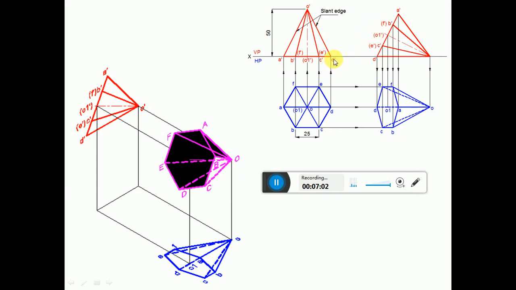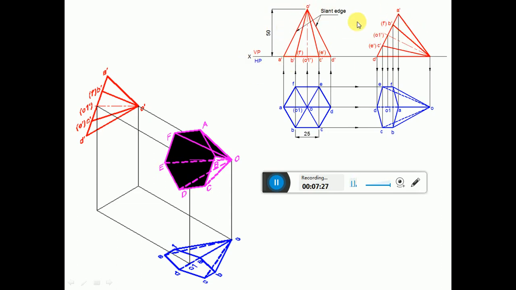Similarly, with D dash as center, take the radius of D dash O1 dash. From D dash, you cut an arc on this to get this point O1 dash. Similarly, with D dash as center, take the radius of D dash C dash. From D dash, you transfer it on here to get this point C dash, E dash. Then join O dash to B dash, O dash to C dash, and O dash to O1 dash with the center line. Reproduce the same view here.